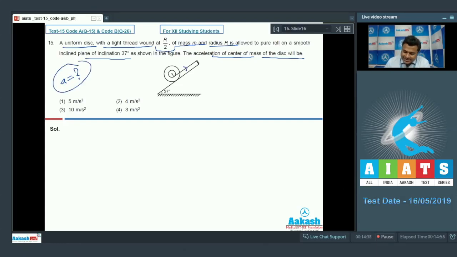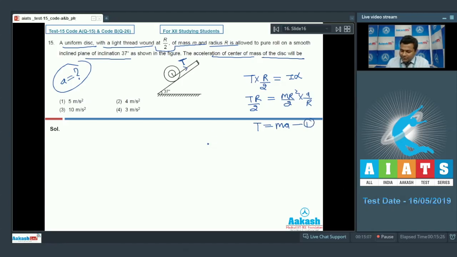Now this tension in the string will provide the necessary torque to roll. So writing the torque equation, total torque, that is tension into distance from the center, T r by 2, will be what? I alpha. T r by 2 will be what? I, moment of inertia of disc about center of mass, m r square by 2, into alpha, acceleration divided by r. From here we will get the value of tension, that is m a,